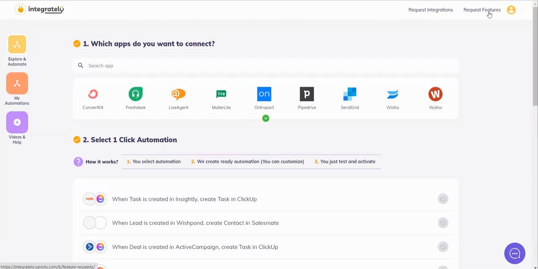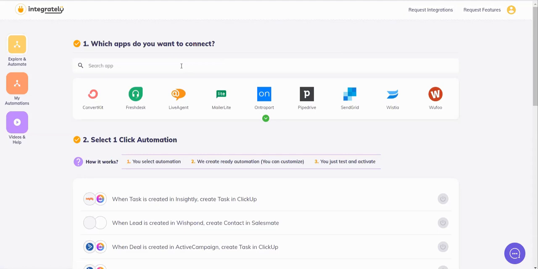Let's look at how we can integrate WooCommerce and Google Sheets using Integrately. Let's start with a very simple example. Suppose I received an order in WooCommerce, or in technical terms, an order is created in WooCommerce. I need all those details in my Google spreadsheet. So let's see how we are going to go about making this automation.